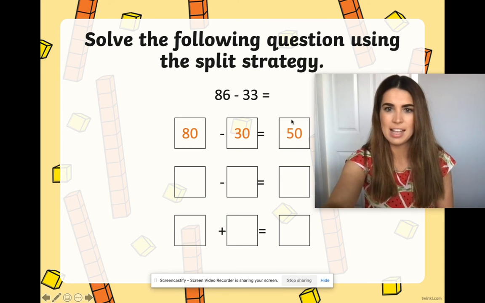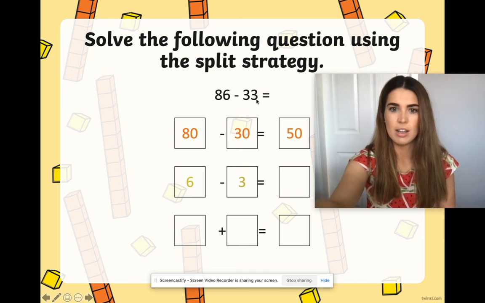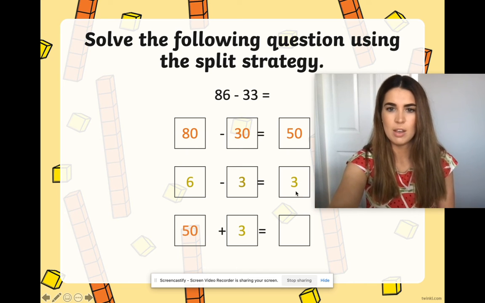Once you've got that answer, next you're going to do the units columns. 6 take away 3 equals 3. And once you've got that answer, you're going to just add these two numbers together. 50 plus 3 equals